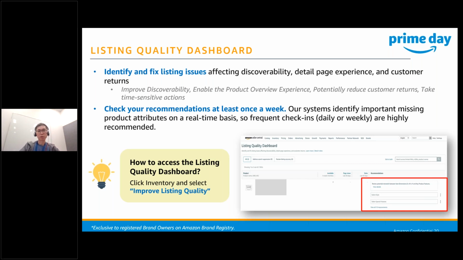This dashboard will show you your product listings that need improvement, and then it will provide you recommendations. You just need to follow through on the dashboard and click on the specific product that is recommended. Over there, it will prompt you with the options that you can select or include to make your listing better.